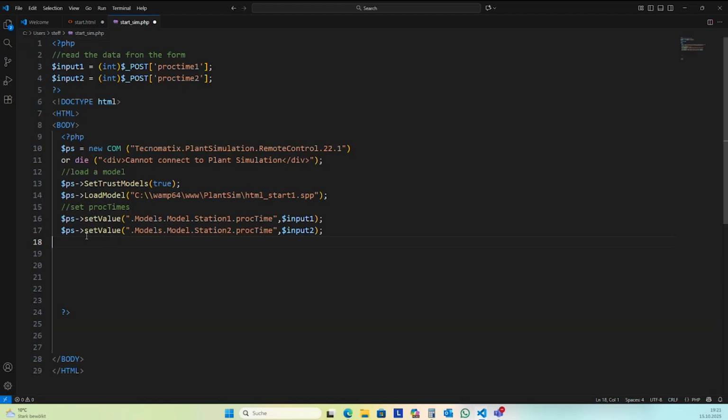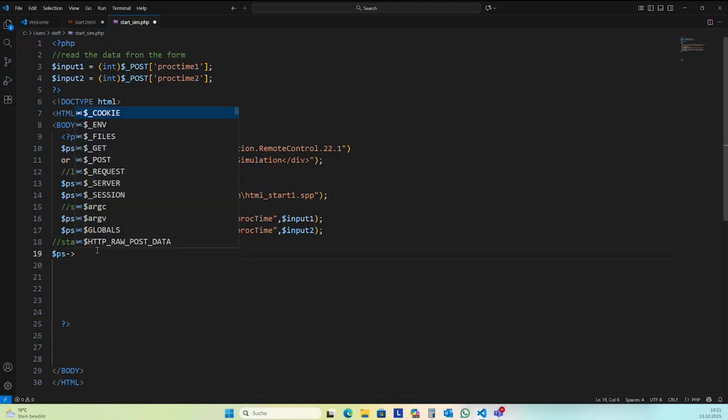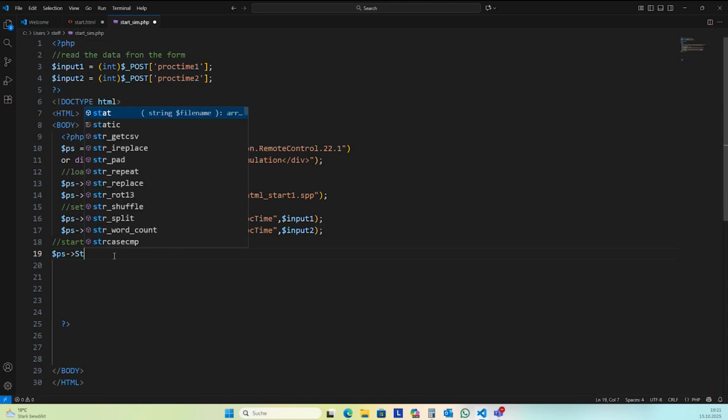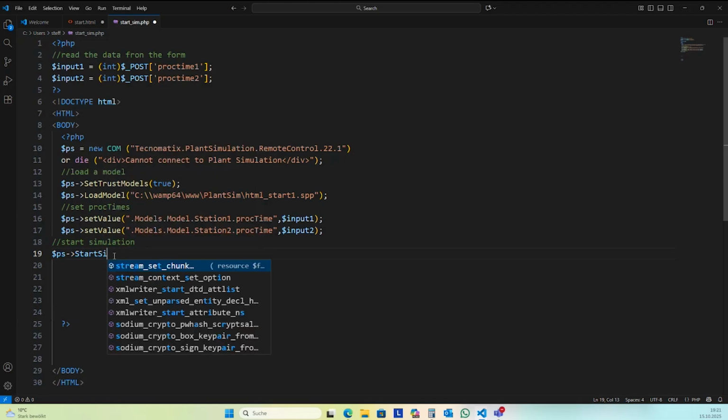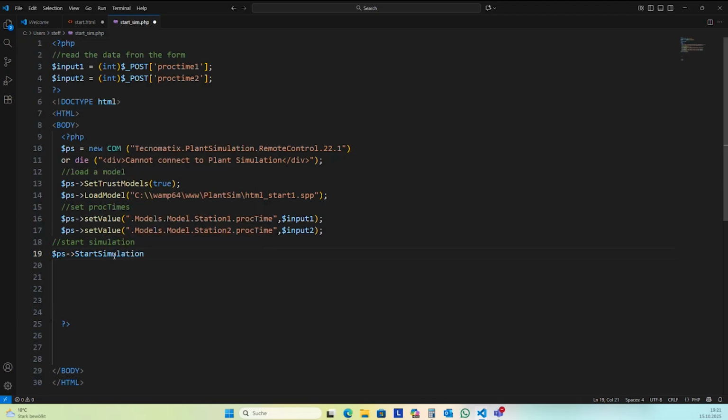And then I can start the simulation. And this you can do with $PS. Start simulation, and you need to specify the event controller.